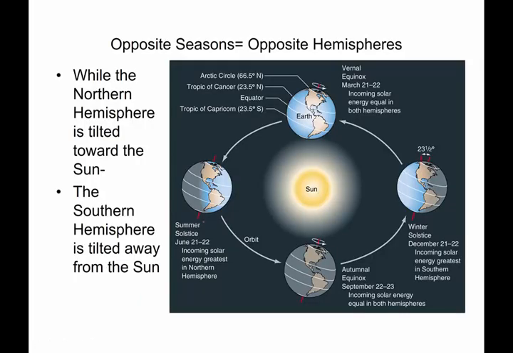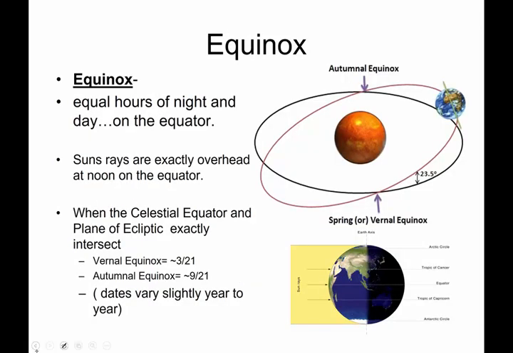So in our summer, in the northern hemisphere, when we're tilted towards the sun, the southern hemisphere is tilted away from the sun, and it's going to be their winter. In our winter, we are tilted away, and the southern hemisphere is tilted towards the sun, and they get summer. In between, there are two periods of time called the vernal and the autumnal equinox, and we'll talk more about equinoxes later. And as a matter of fact, later has